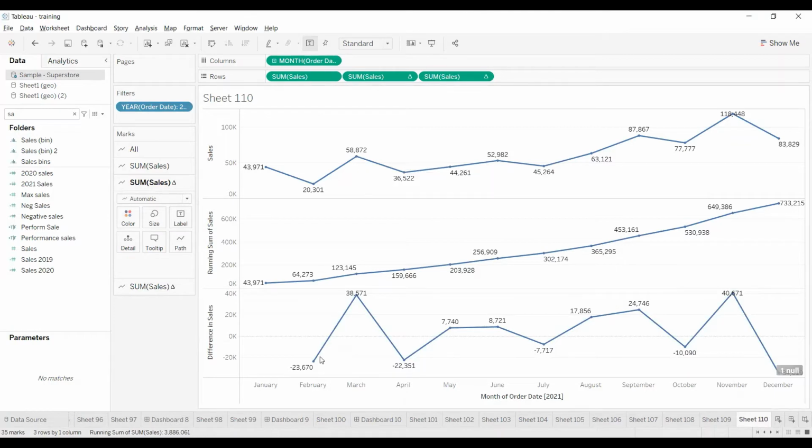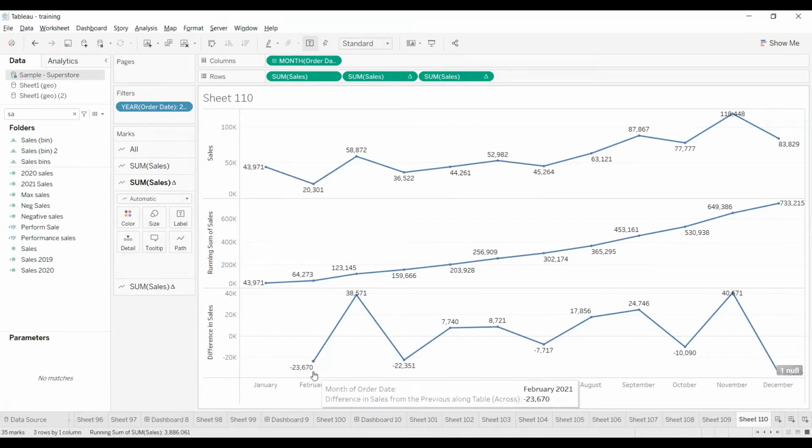If you see here, for the month January, it is not giving any value because it is starting from here, so it is not considering last year's value. So this is empty. And coming to February, what is the sales of February? 20,301 minus 43,971, the previous month.